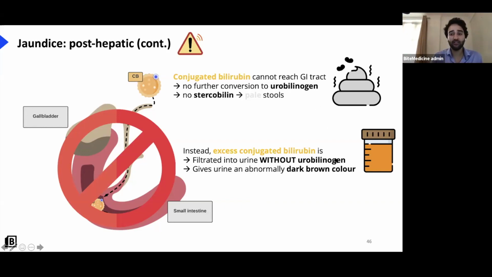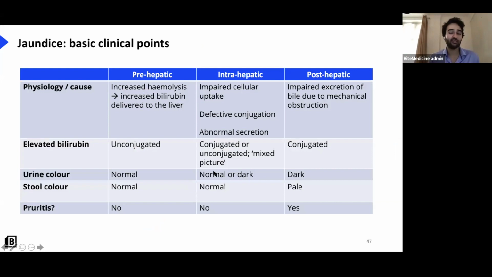Often the significant changes to stool and urine will only be present in post-hepatic jaundice. And really that's what this table is summarizing for you guys. I thought it'd be nice to try and compare all of these features in one place. So we've covered the physiology. We know the different causes and underlying physiology which underlies pre-hepatic, intrahepatic, and post-hepatic. Hopefully we now understand why in pre-hepatic jaundice, for example, due to any hemolytic condition, you get unconjugated hyperbilirubinemia, but